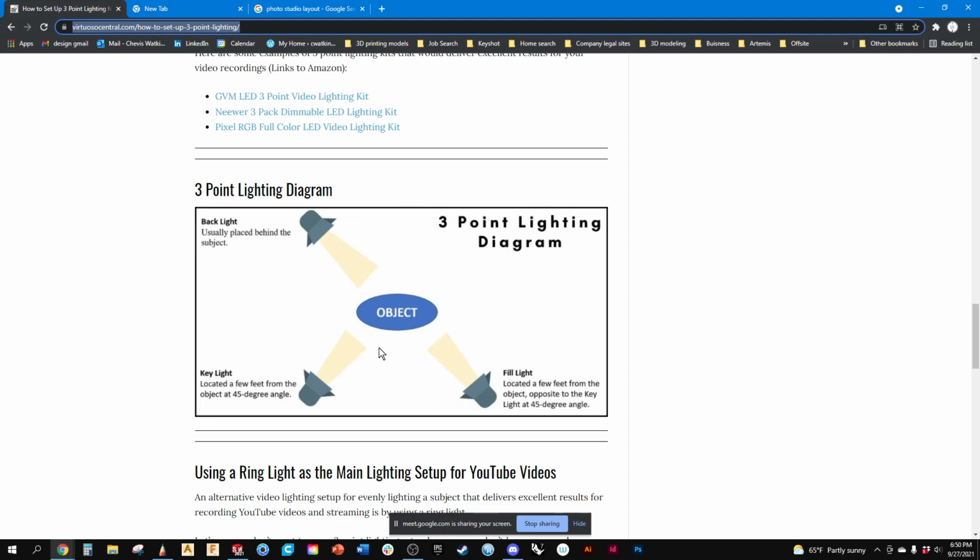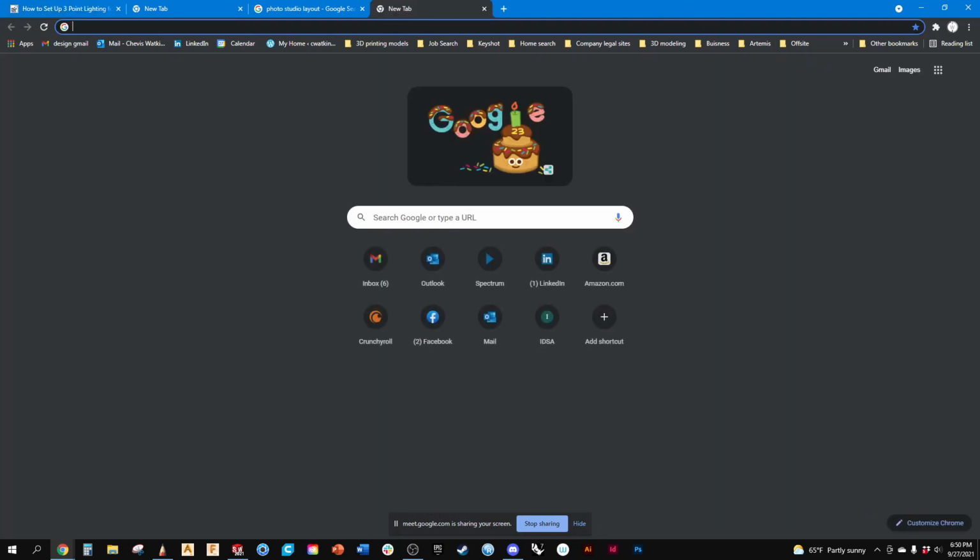So you still want those 3 contrasts. And the backlight, it says usually placed, but it is placed behind, helps to create what is known as an edge light. So kind of what I showed you on that female model, where you could see just a light glow along the side. And if we look at, or we search,